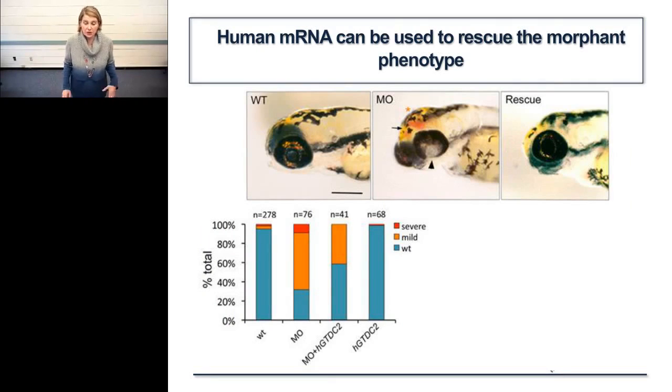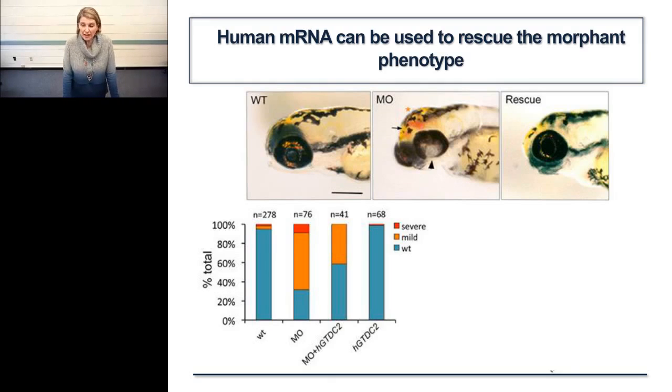Then the great thing that you can do in the zebrafish is you can start doing manipulations. And so you can use the human mRNA to see if you can rescue the morphant phenotype. Why is this important? It's important to show that the gene's function is conserved across evolution, and so that you're actually testing a function that is true in the humans. And so what you see here, we use the human GTDC2 to rescue the phenotype in this